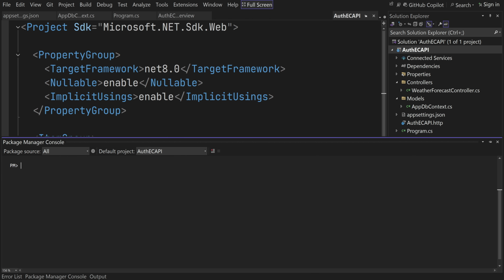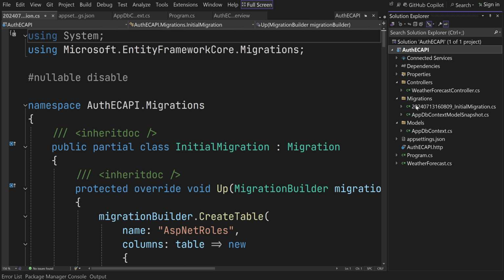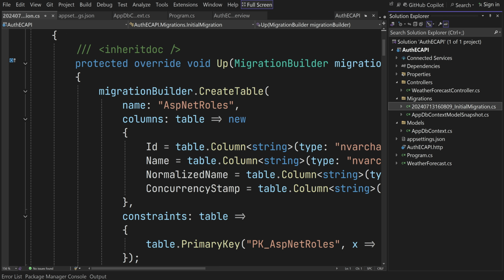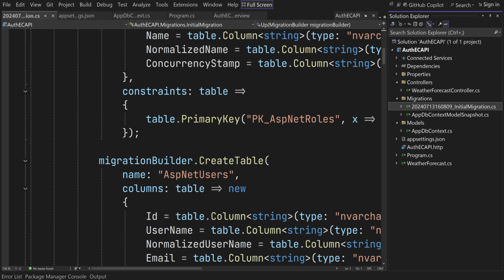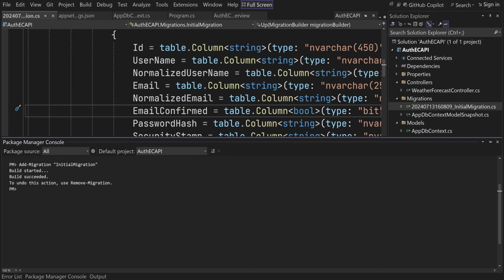Now for DB migration, first of all, we have to execute this command, add-migration, then provide a name. Let it be InitialMigration. Hit enter. As a result of this command execution, here we have a new folder called Migrations. Inside that, you could see the C# file with respective SQL Server commands, which are to be executed to create the actual physical DB. Now, in order to create the actual physical DB, we have to execute this second command,